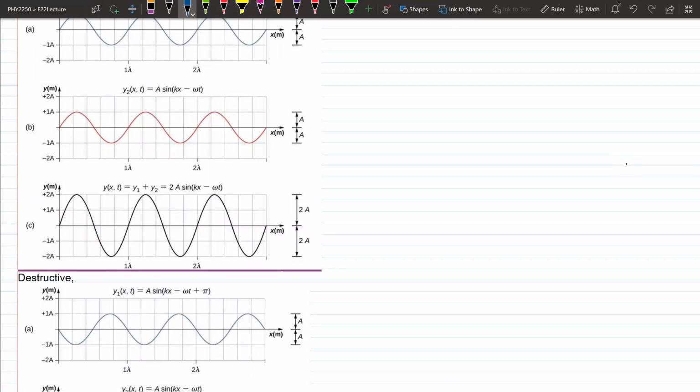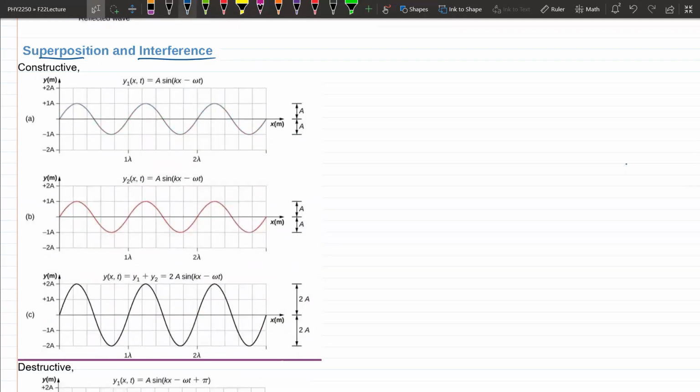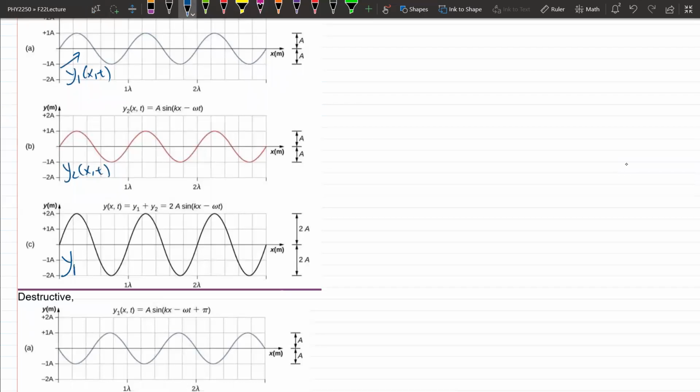So let's write this with variables here. Let's call this y1, right? It depends on both x and time. This is y2, which also depends on x and time. Okay, it's going to be called yr, which is known as the resultant wave, which is both y1 and y2 added together. Okay, when you superimpose these waves together, right, the peaks line up with the peaks,